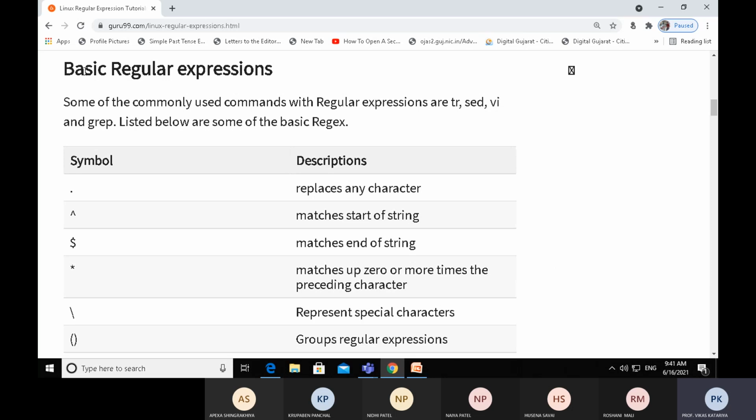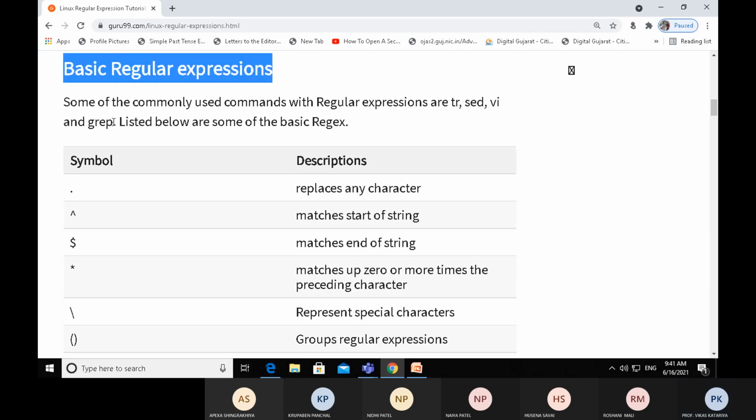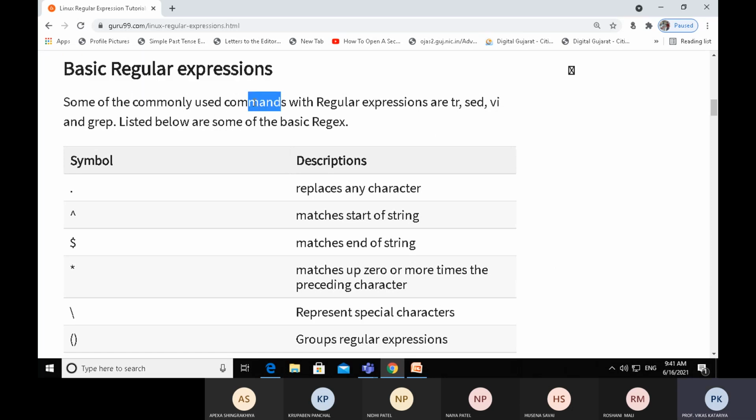So let's first understand what a basic regular expression is. Some of the commonly used commands with regular expressions are tr, sed, vi, and grep.